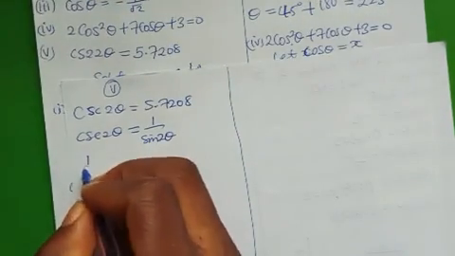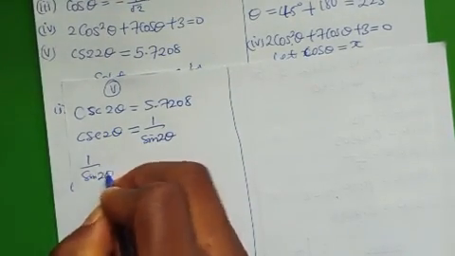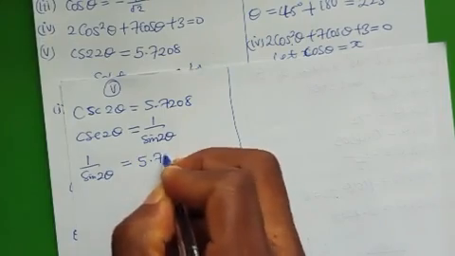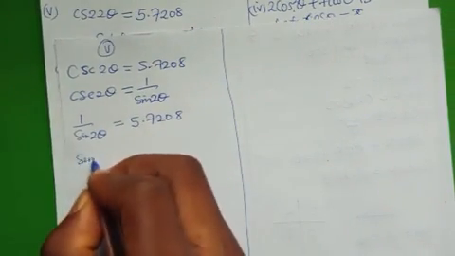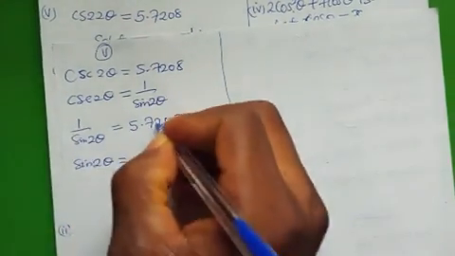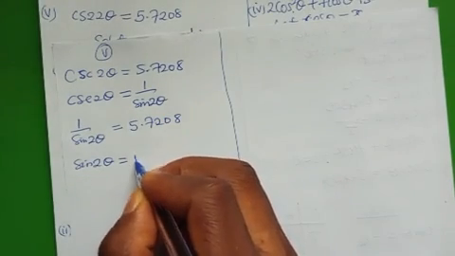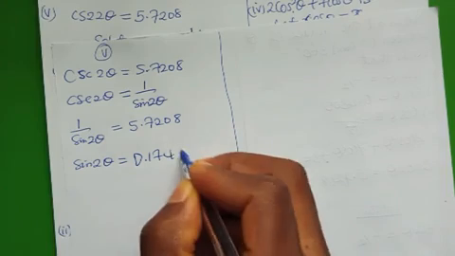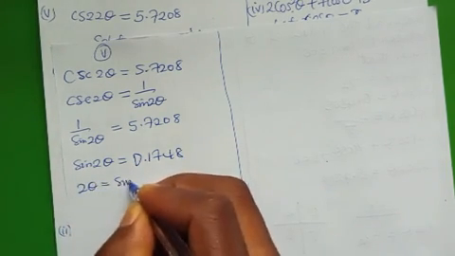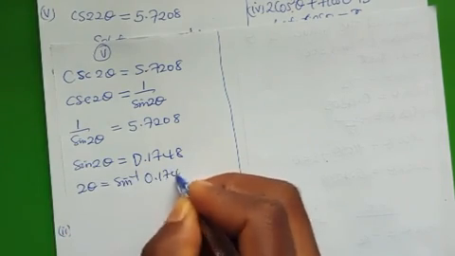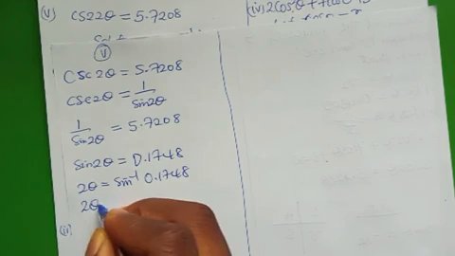Therefore, you can just say 1 all over sine 2 theta is equal to 5.7208. Okay, that means I will not be wrong if I say sine 2 theta is equal to inverse of this value, which is 0.1748. Okay, it means that 2 theta is equals to sine inverse of 0.1748, and therefore 2 theta will give us